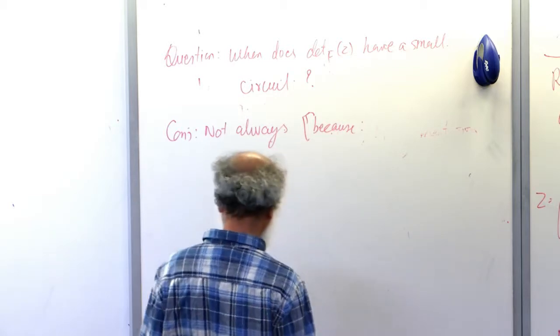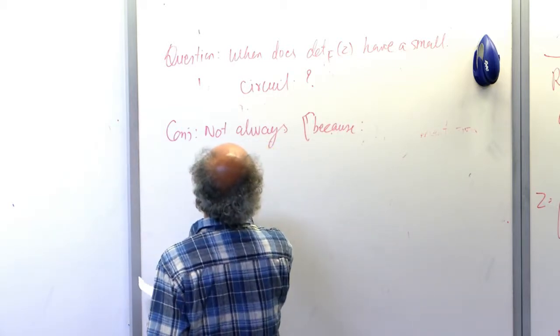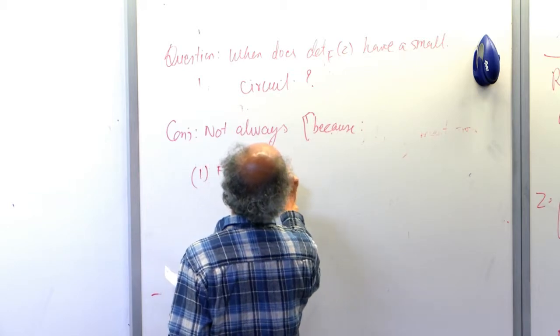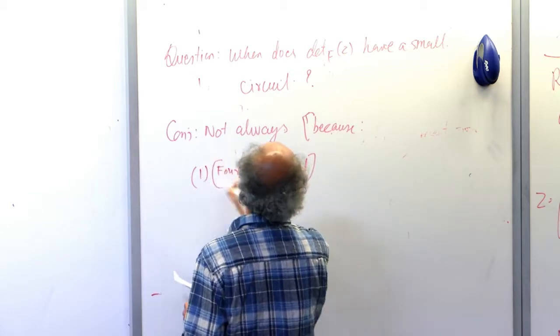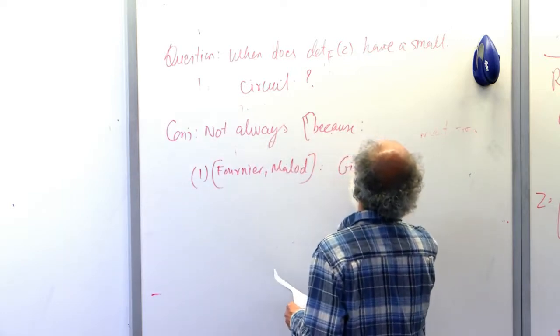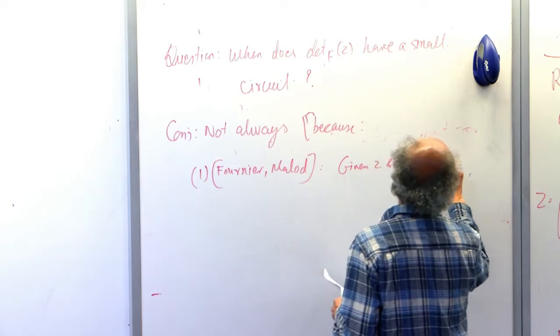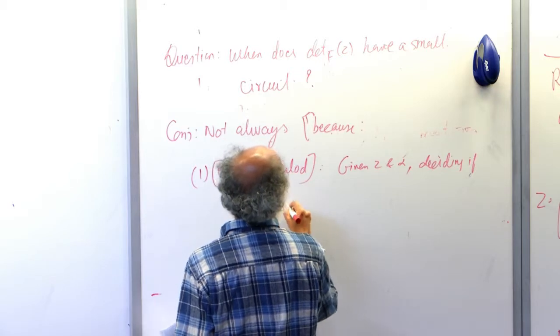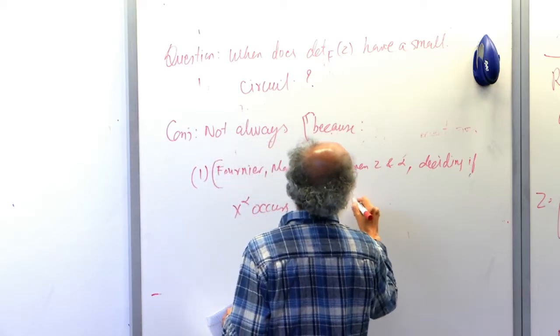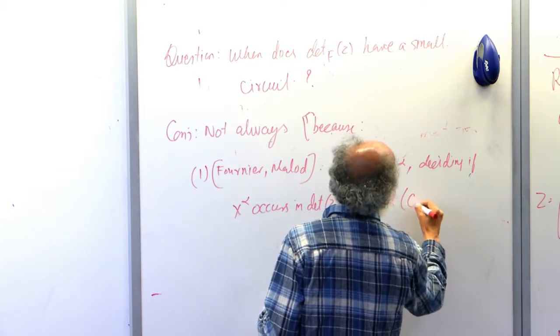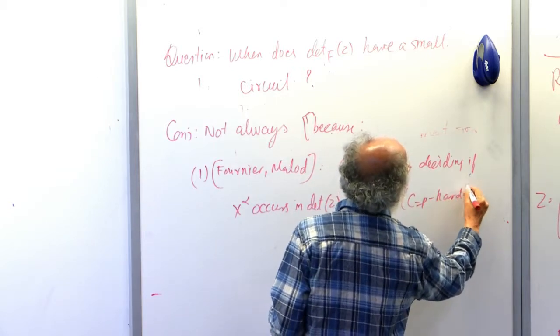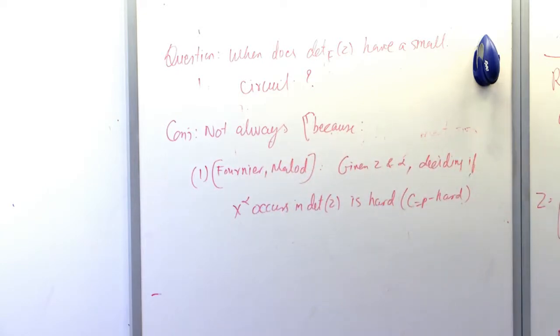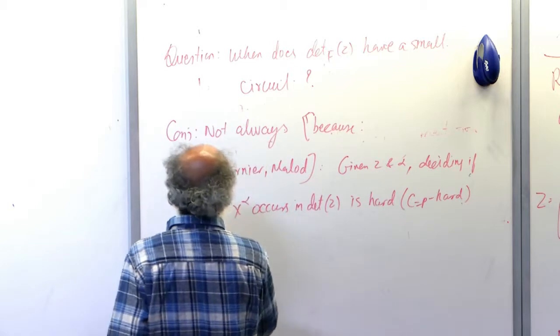First of all, given Z and alpha, deciding if x alpha occurs in the determinant of Z is very hard, as hard as, so I won't go into this, deciding if the permanent of a given matrix is equal to some fixed value given in binary. It is as hard as computing the permanent, basically. And two,